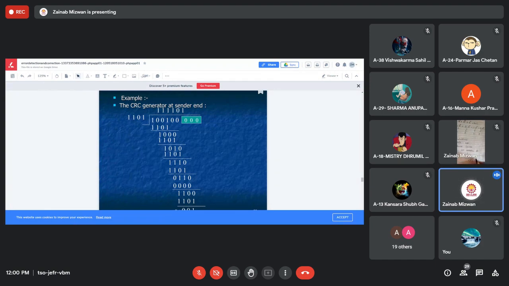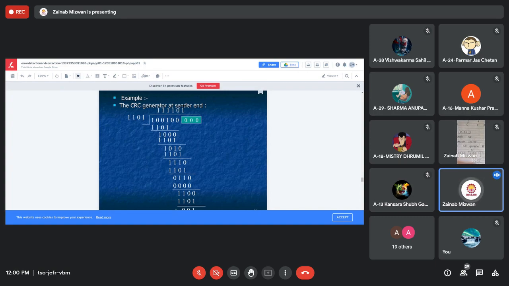No need to write over here. Then we will take this 0 down over here. So I'm getting 1000. Again my MSB here is 1, so again in the quotient I'm going to take 1. Again 1 multiplied with this: 1 into 1, 1; 1 into 1, 1; 1 into 0, 0; 1 into 1. So again I got this value over here.